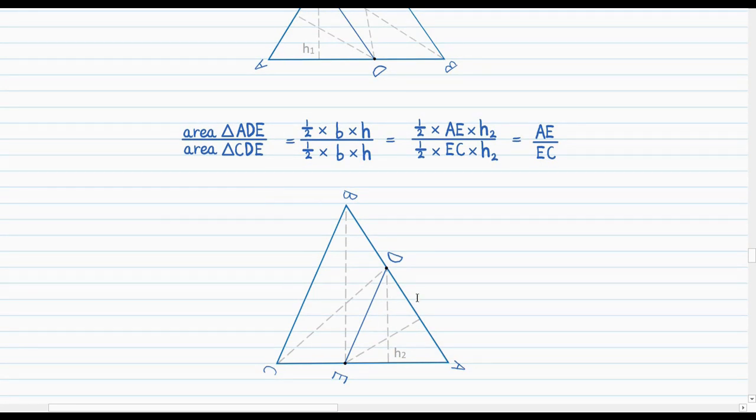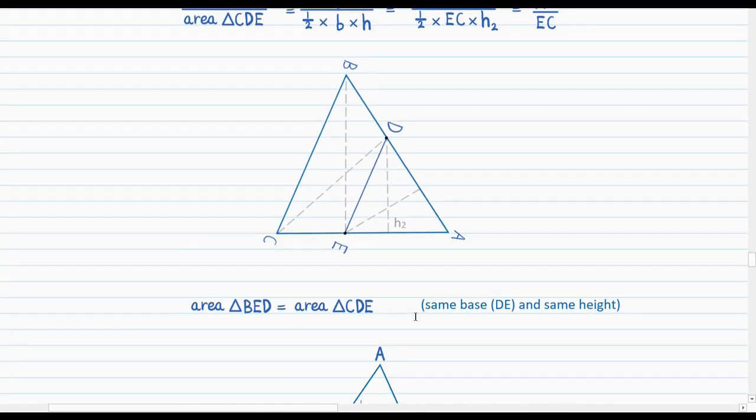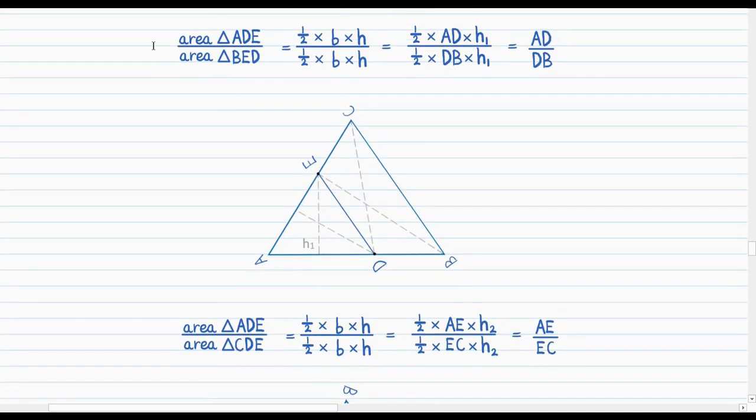Then, by returning it to its original orientation, we established that the area of BED and the area of CDE are equivalent. Therefore, since these two fractions have the same numerator, and we deduce that the denominators are also equal, we can equate the two fractions to each other,